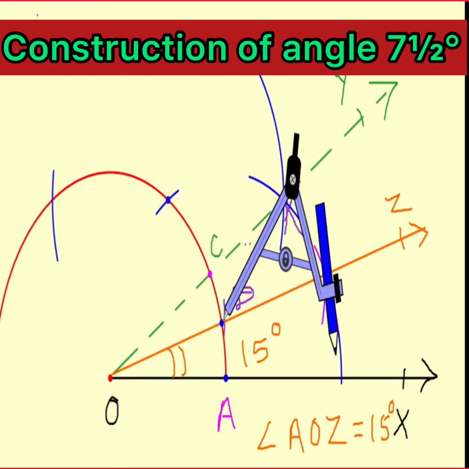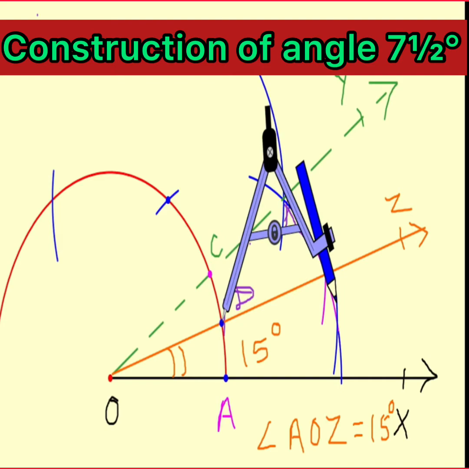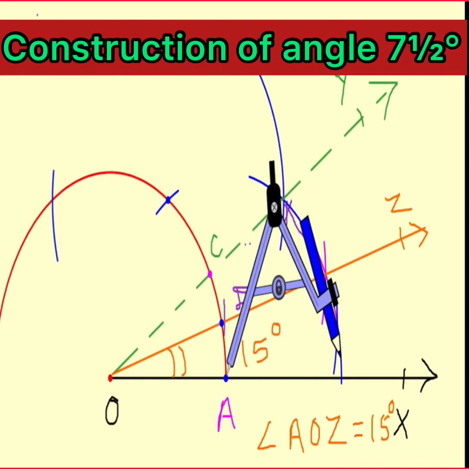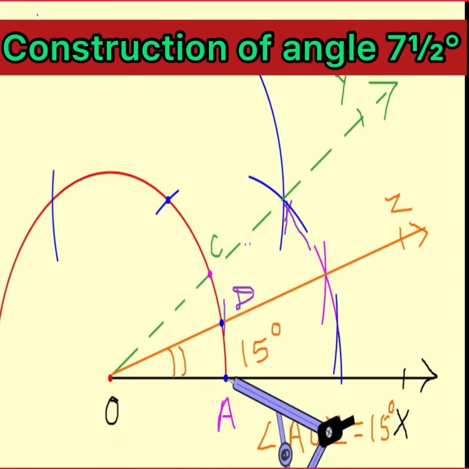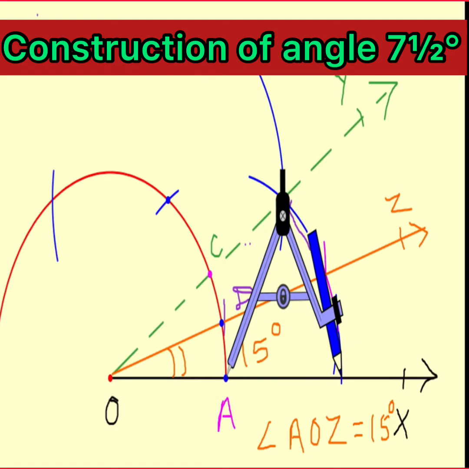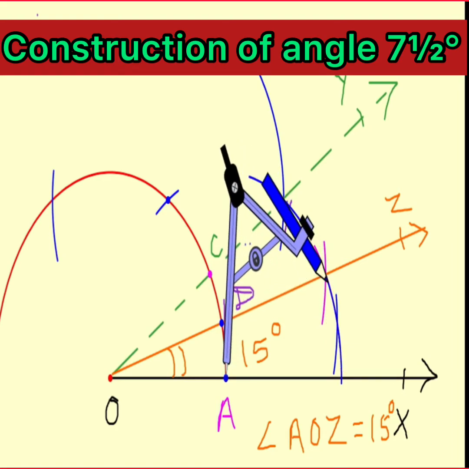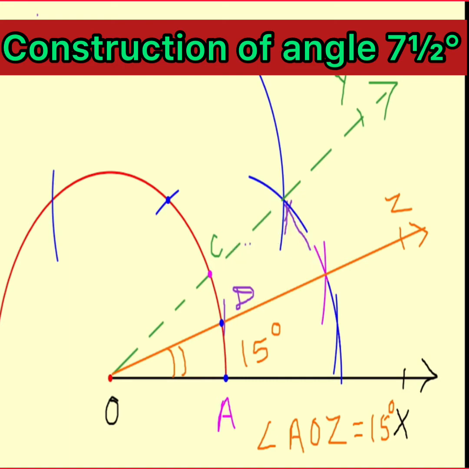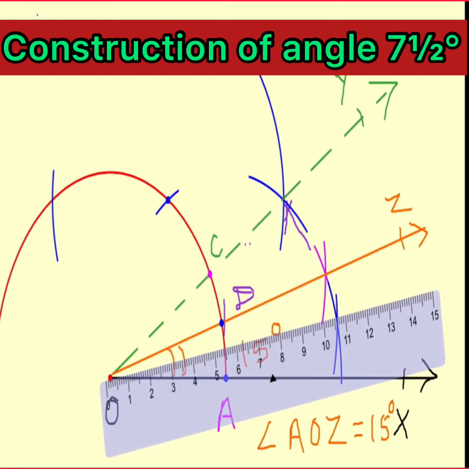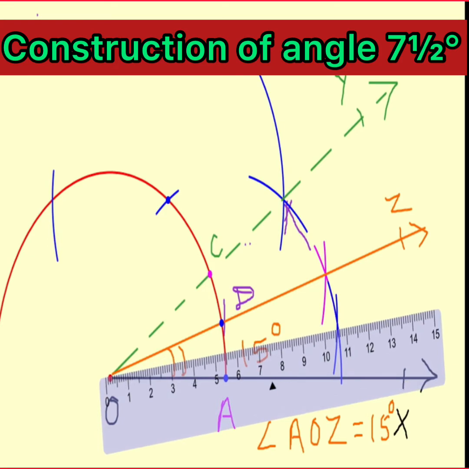So you will get an intersection point, as you can see, placing the pointer at D and placing the pointer at A. You will get an intersection point such that you can observe on the screen. If you take the scale or ruler and join this intersection point, then you will get angle